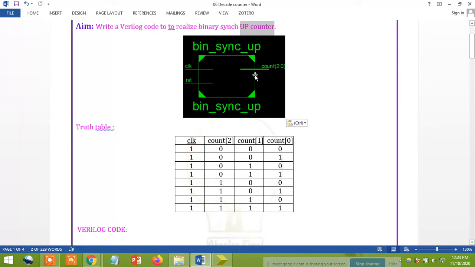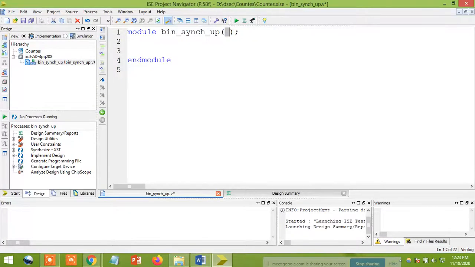What are the inputs and what are the outputs you have? Yes. So just type clock, it is one of the inputs. Next, RST, reset, I'm going to take. Next, here if you want to use one variable, C or R, you can also use. For your understanding purpose I'm going to take these. So if you take C and R also it is okay for you. Next I'm going to take one variable for output, that is count.